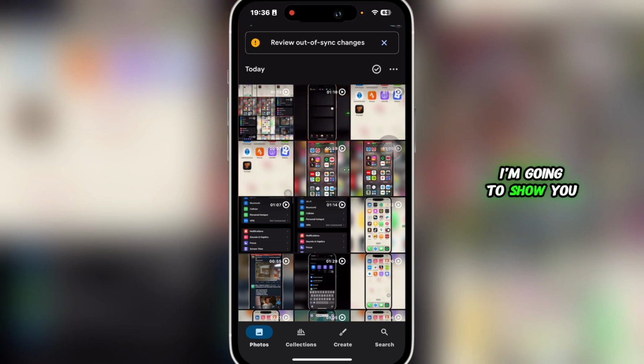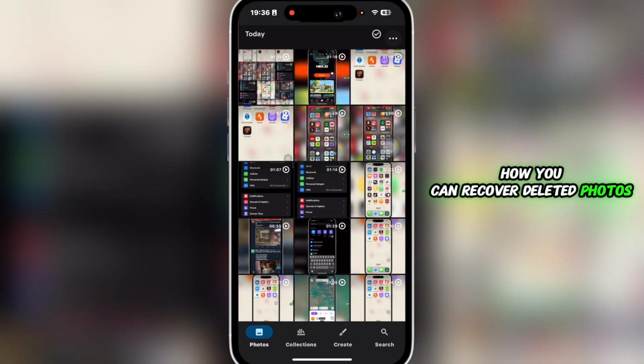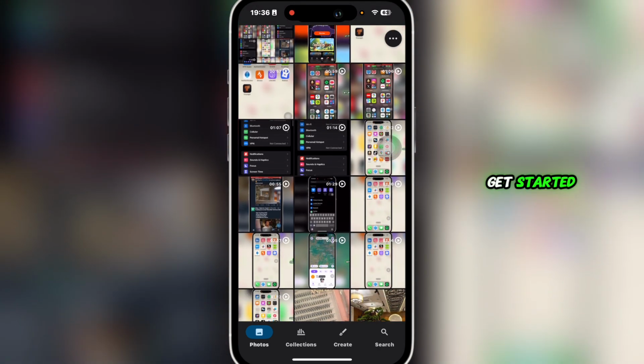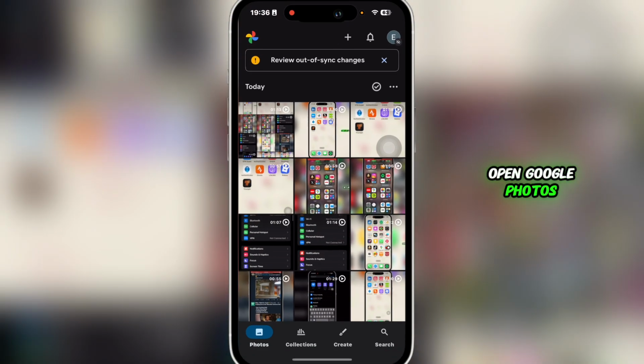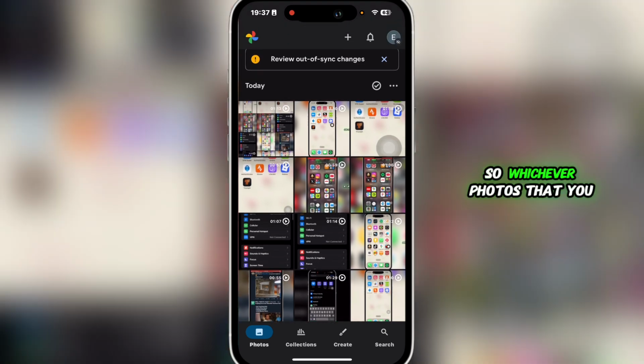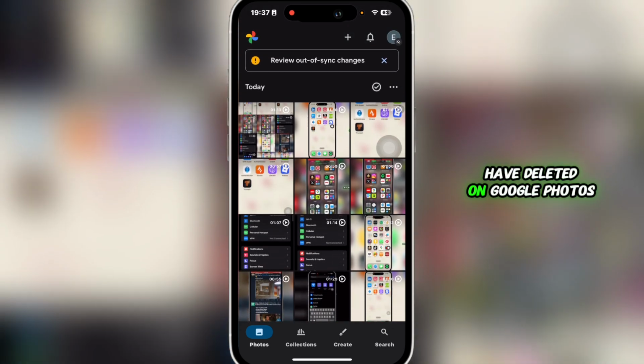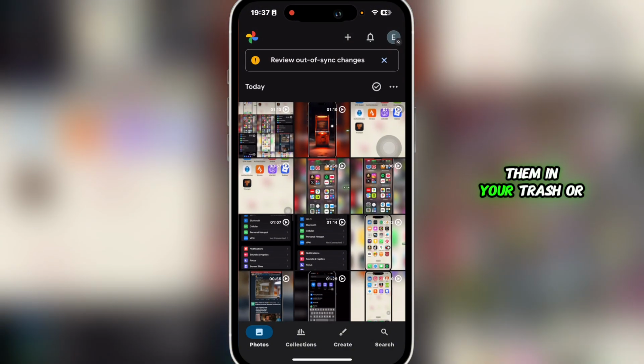In this video, I'm going to show you how you can recover deleted photos in Google Photos. So let's get started. First of all, what you gotta do is simply open Google Photos, and then you gotta make sure that your Google Photos are synced with your gallery. So whichever photos that you have deleted on Google Photos, you'll be able to see them in your trash or